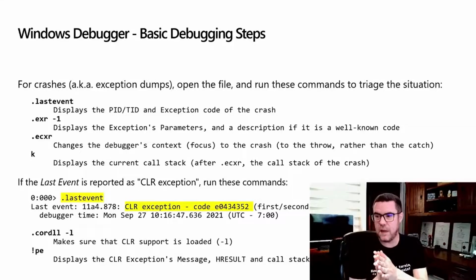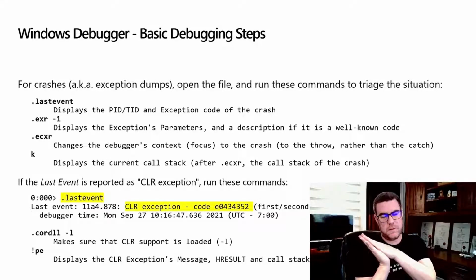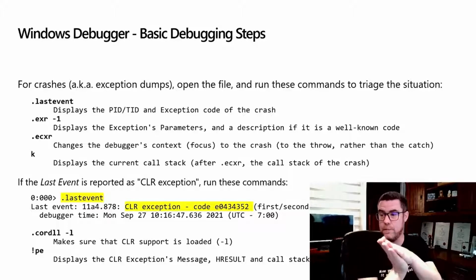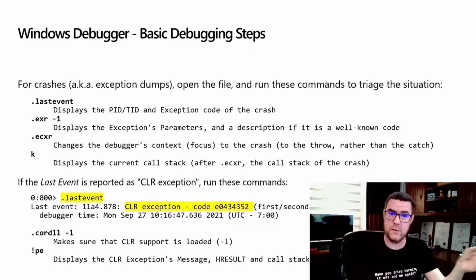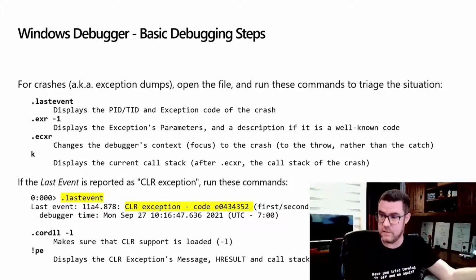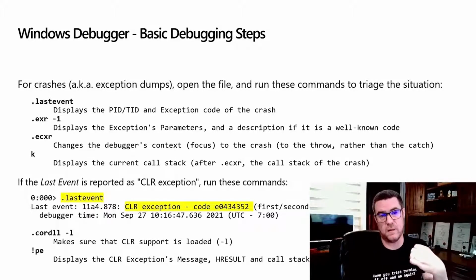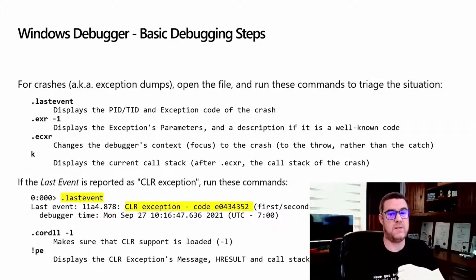What I mean by that is when the issue happens, it is thrown and then it is caught. It's caught by Windows Error Reporting, and then the state has changed because Windows Error Reporting is running. We want to wind back time, the registers, the way that the system looks, back to the throw and look at it in that context. The k command, which is stack, works at any time. If you follow this flow, it will be the call stack of the crash.